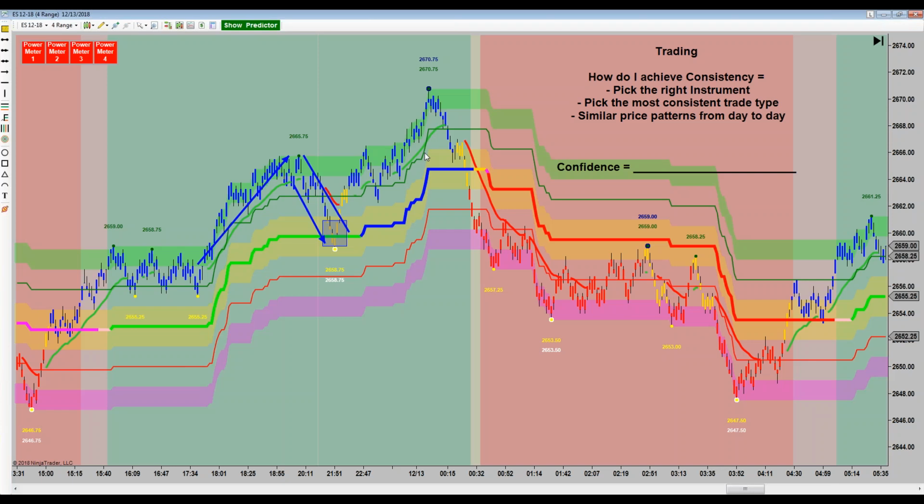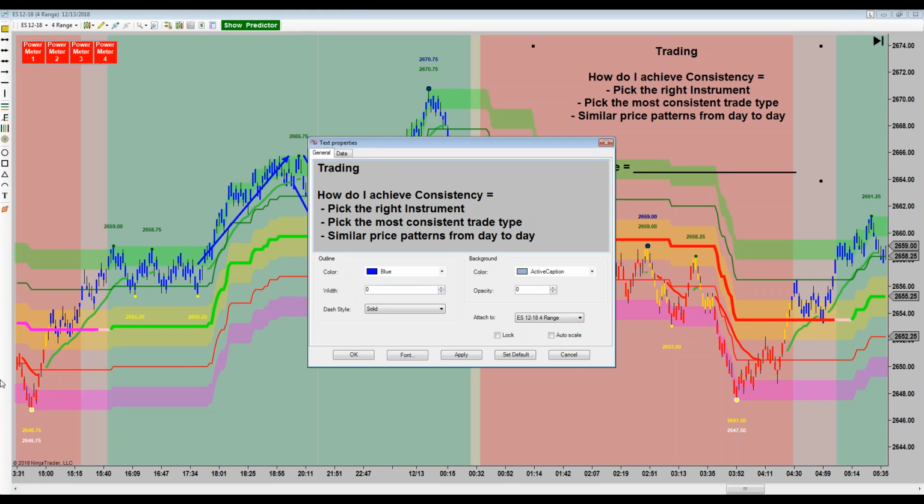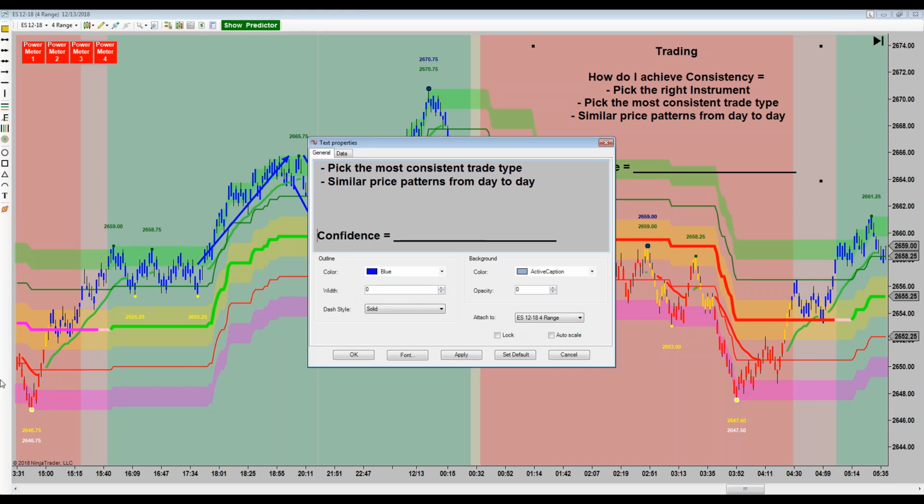It has everything to do with it if you're discretionarily trading any market, it doesn't matter what it is, Forex, stocks, it doesn't matter. If you're going to be a successful trader long term, you have to first develop consistency with these steps: picking the right instrument, getting the most consistent trade type that works for you, seeing those patterns over and over, and pulling the trigger from day to day. This builds consistency. Consistency leads to building confidence. So let's talk about that. You want to build your confidence.